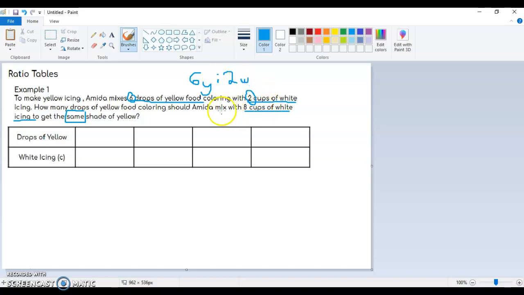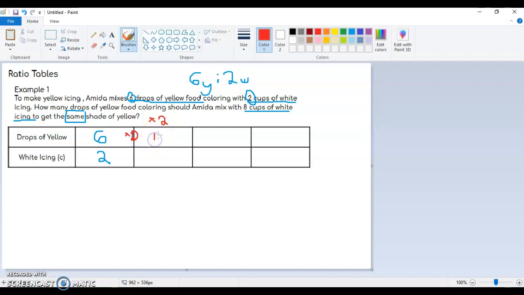And if I look at this, it's going to get bigger because I need 8 cups and right now I only have 2. So let's go ahead and put it in the table right here. 6 and 2. And I don't need a label because it labels it at the beginning for me. Alright? And this is how tables are going to work for us. Alright? The first one, it's going to be my times 2 column. Alright? So 6 times 2